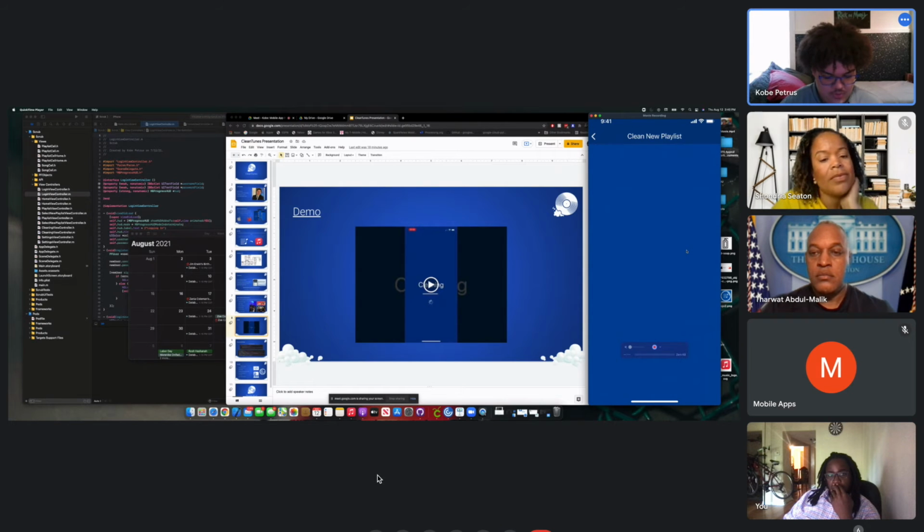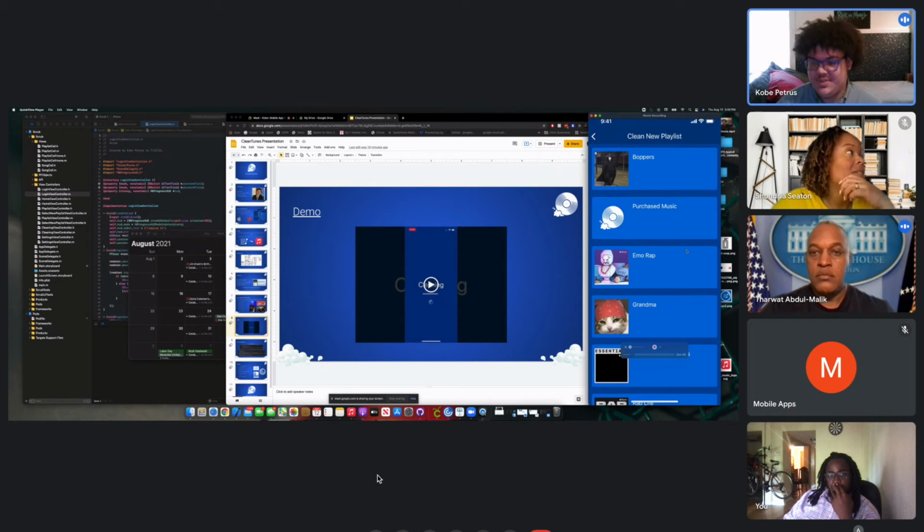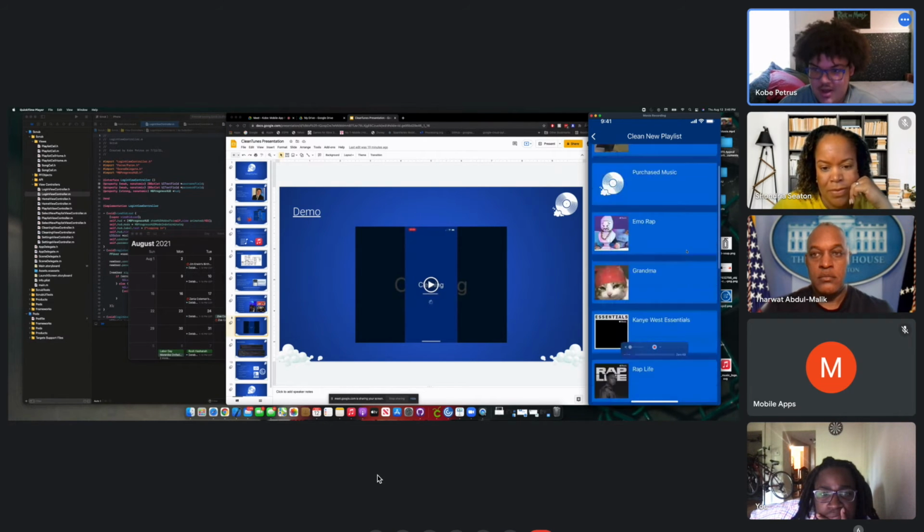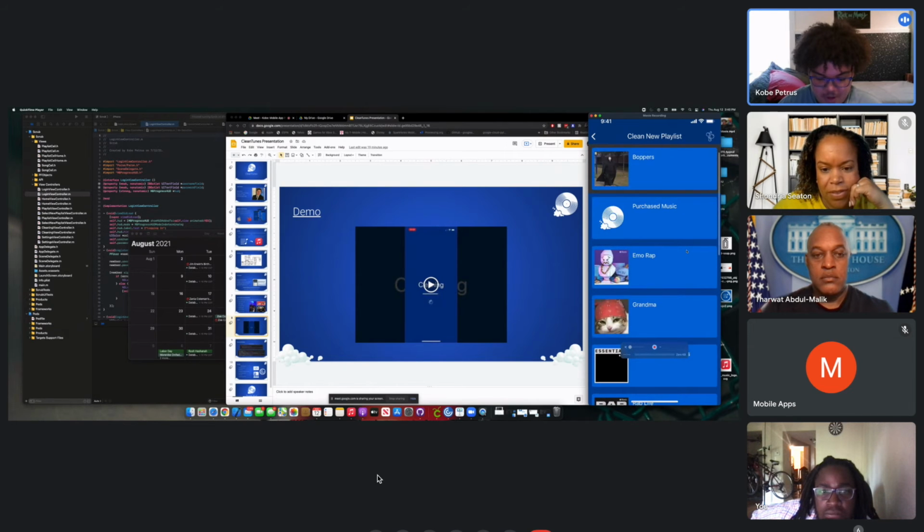So once you hit that button, it goes into your Apple Music account and it's able to read, there it is. It's able to read and retrieve all of the playlists in your Apple Music library. So if you want, you can select any one of these. For the purpose of the demo, I'll select Boppers, and then these bubbles in the corner pop up